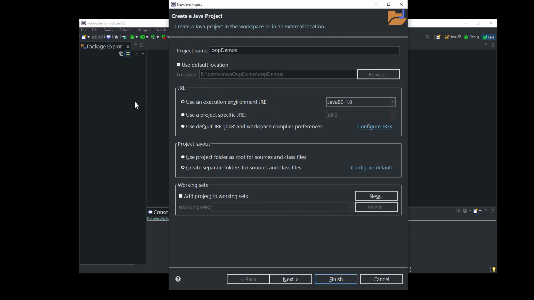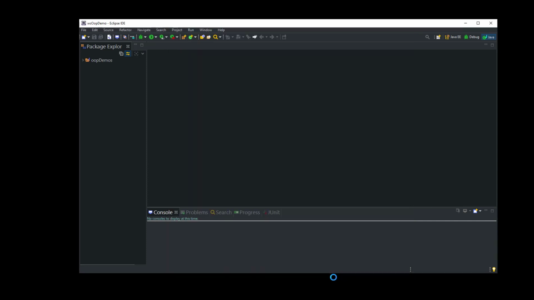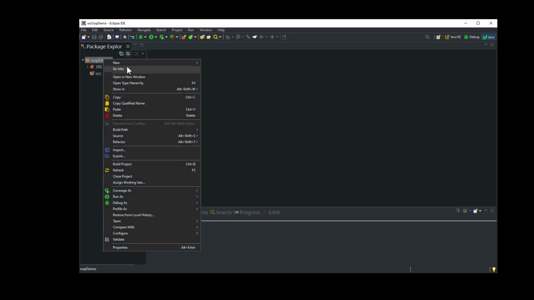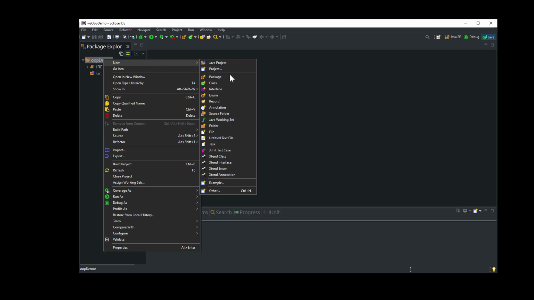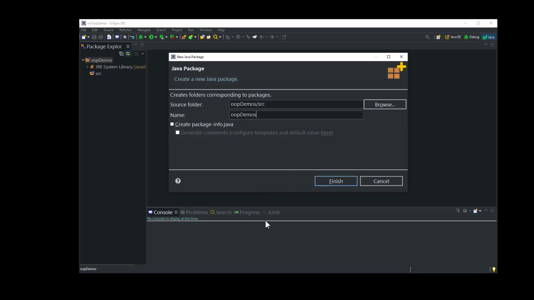All of my demos will be on Eclipse, and we will be using Java 1.8. All right. This is a simple Java project. So I create a package for our unit. Let's call it unit 01